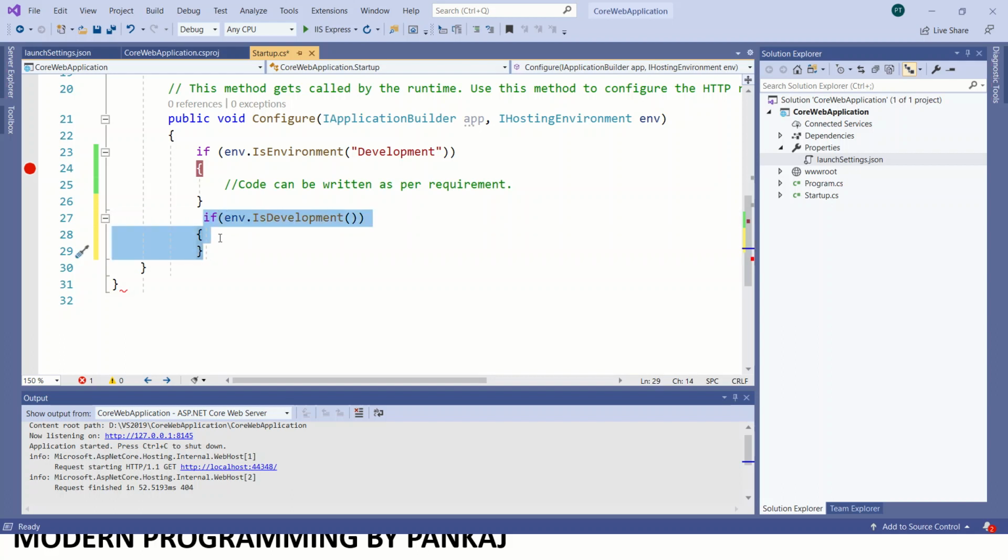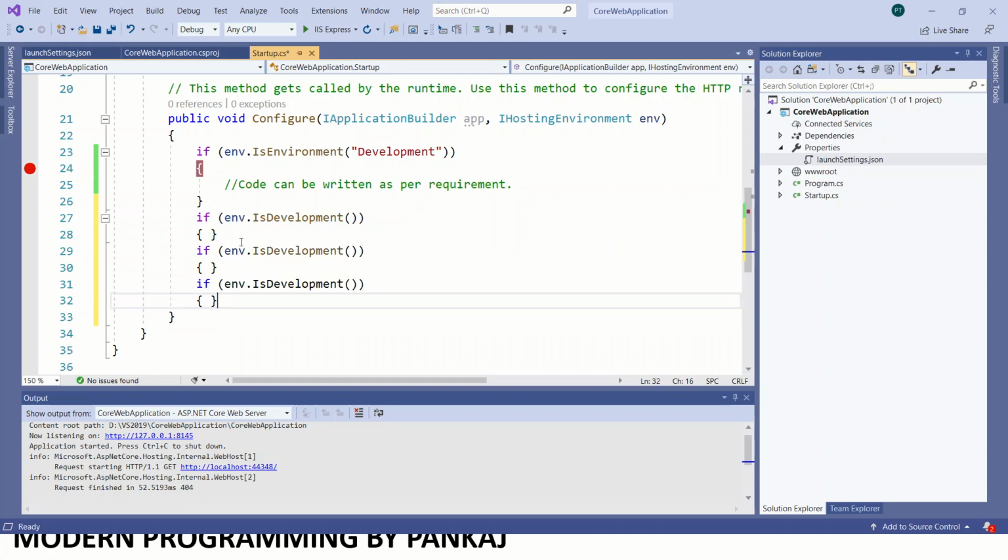Similarly, we have multiple things. We also have IsStaging, and we also have IsProduction.